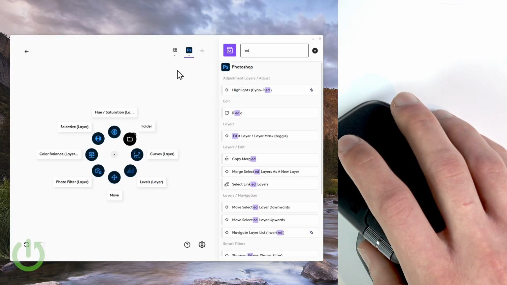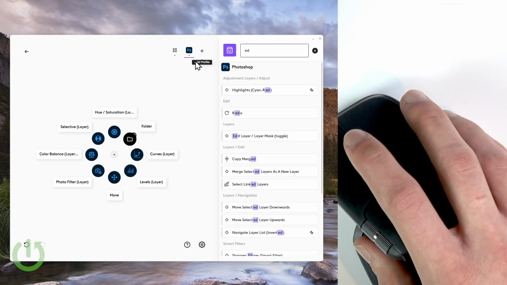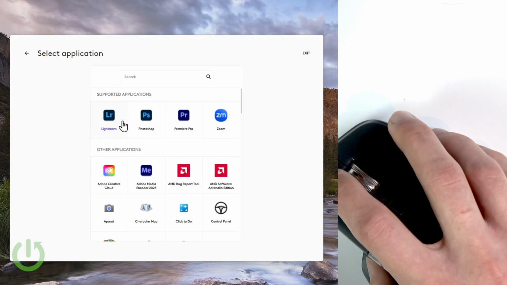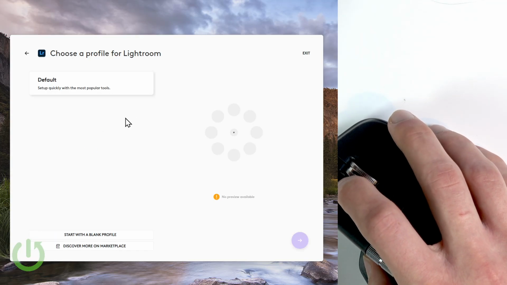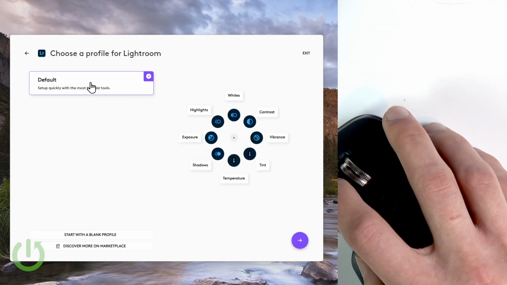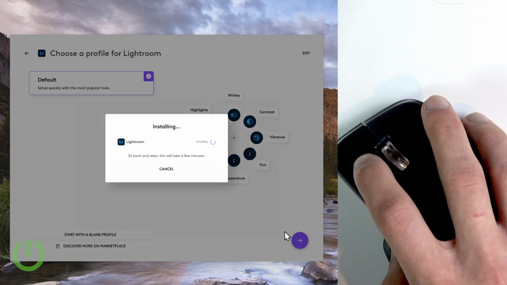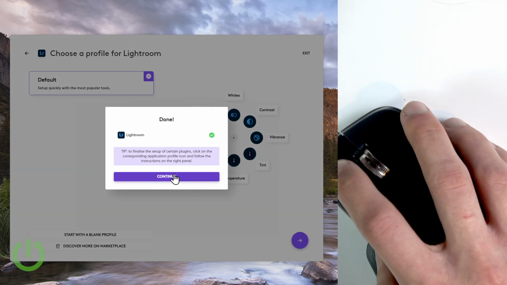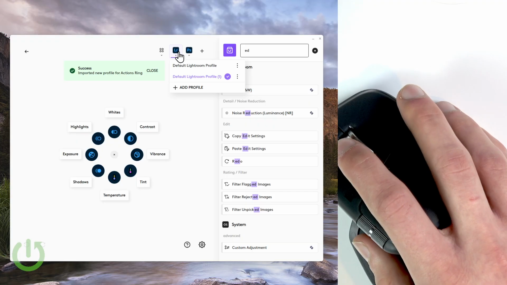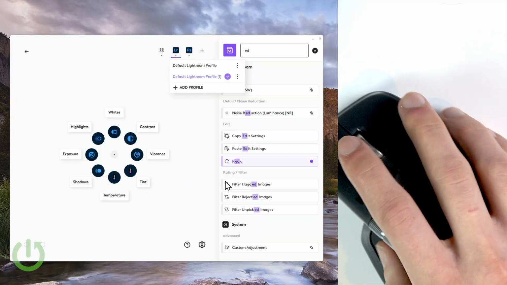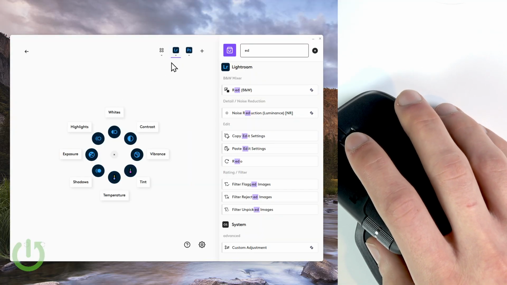Now let's talk about customized profiles more. Let's add a new profile, and let's add, for example, Lightroom. So with the Lightroom, let's select the default preset. There's only one preset, and then let's install the plugin. Click continue. Okay, now right now we have the Lightroom preset, but for Lightroom specifically, you have to first enable